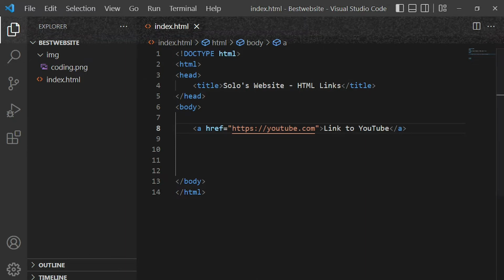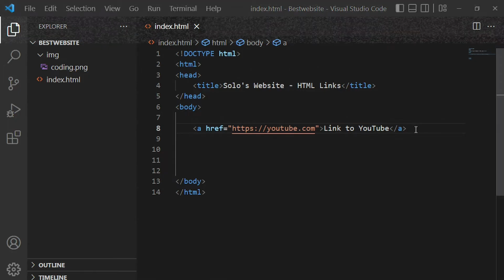Let's go back to our browser and then reload this page, and you can see link to YouTube. When a user clicks on the link like this, it will take the user to YouTube. And as you can see, it is redirecting us to youtube.com. So that is linking to an external resource. Let's go back to our code editor, and then let's talk about the second type of link, which is linking